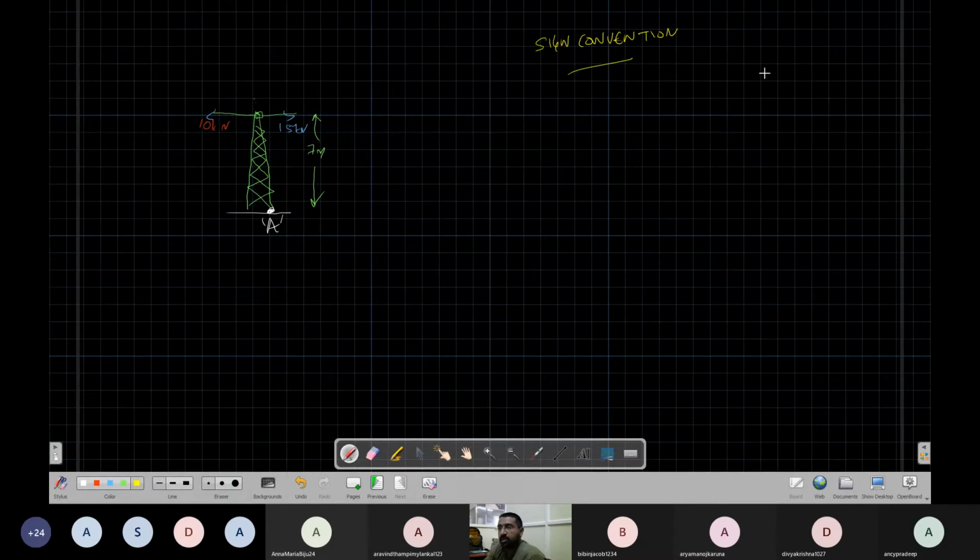Sign convention. Let's say I have a force here and a distance r. Now, if you see, this force is trying to rotate this body in a clockwise direction. If you can see me, and I am pushing it like this, it is trying to rotate in clockwise direction. This is basically a clockwise sense. Now, let's say